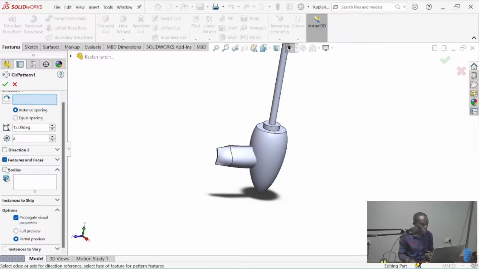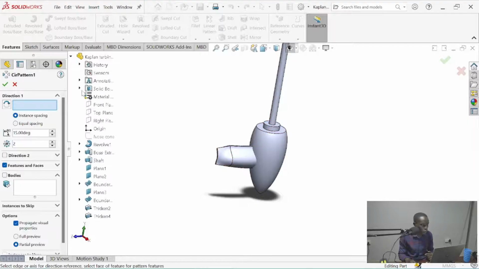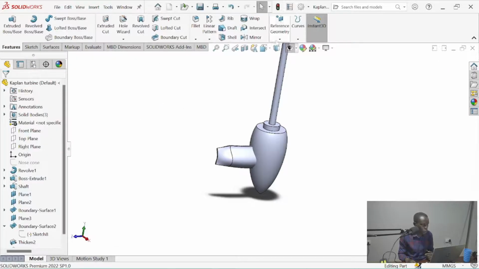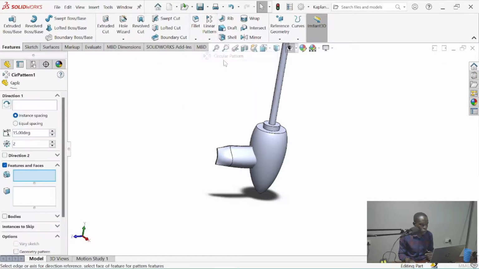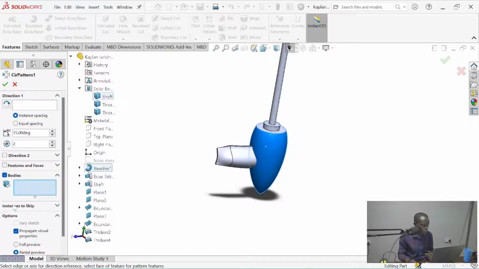Let's first remove the selection. Make sure, okay, let's see the bodies, solid bodies. Okay, so the bodies are, let's pick the reference.